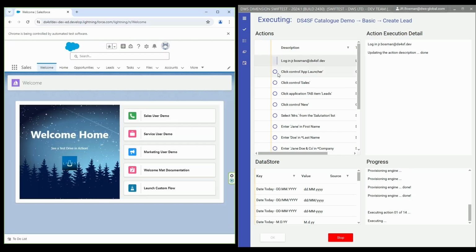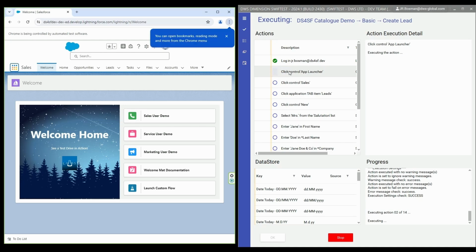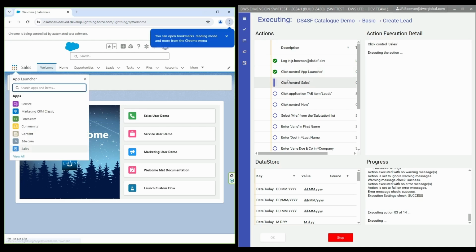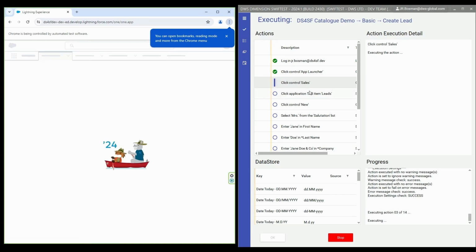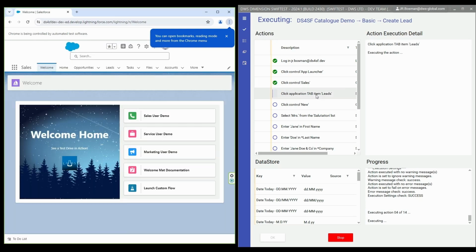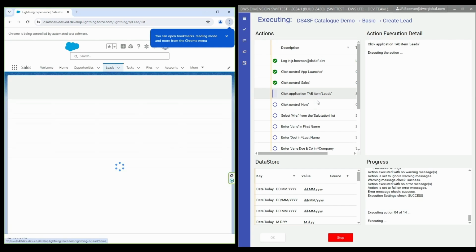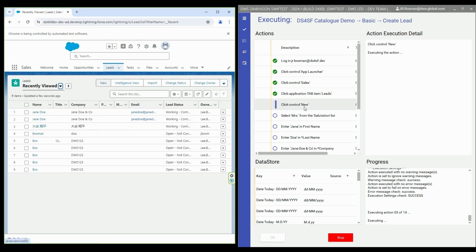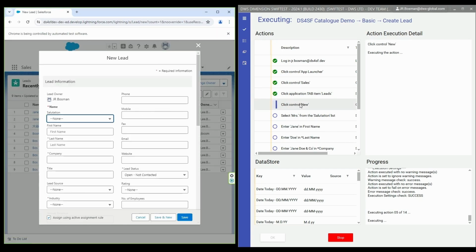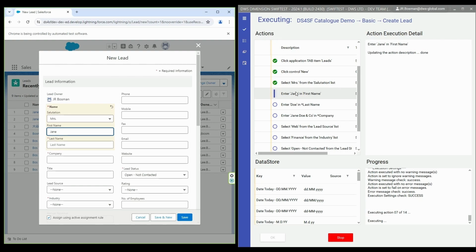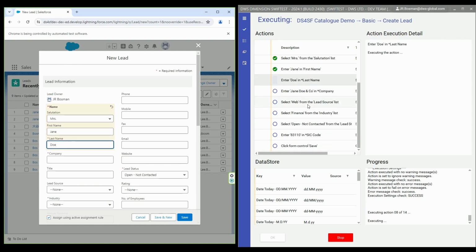Once the page is loaded or logged in, it will click on the app launcher and then select the sales menu option. It will then go to leads and click on the new button to create a new lead. Now within this form, it's going to start filling out the form, like it's just filled in the drop down, the first name, the last name,